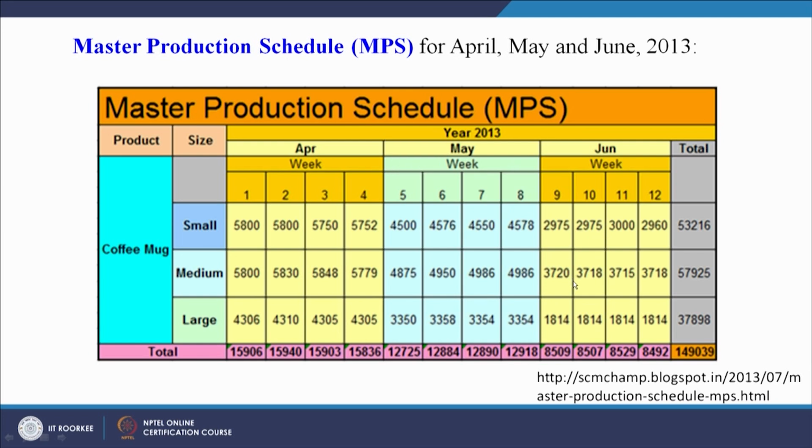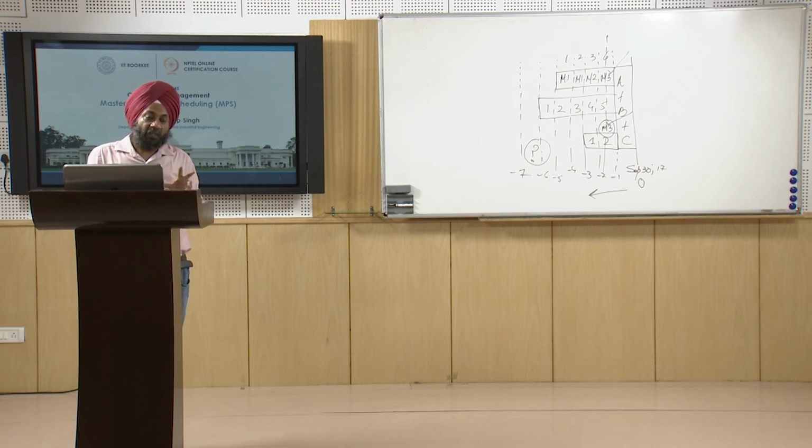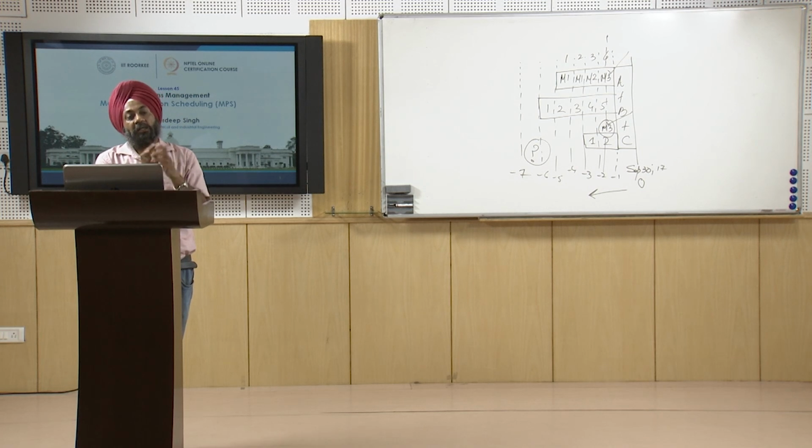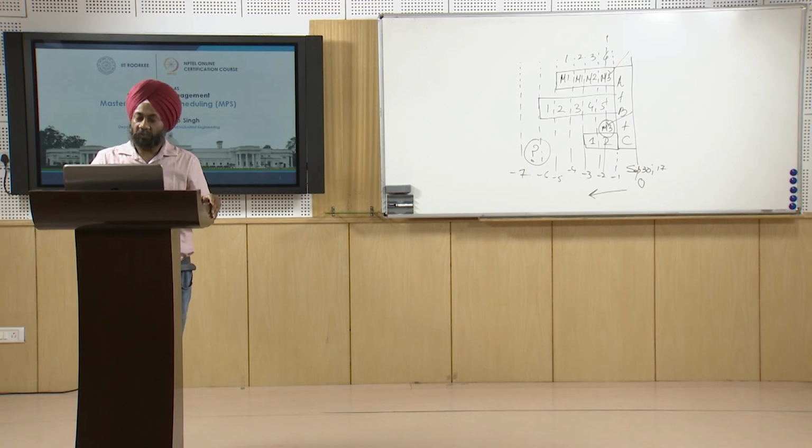And accordingly, once we know the master production schedule, we can see what the materials requirement will be, and what the workforce requirement will be to achieve these targets. So this is the way we can represent our overall production plan in the form of a master production schedule in order to meet the demand forecast which exists in the market, or the demand forecast which has been done by our sales and marketing